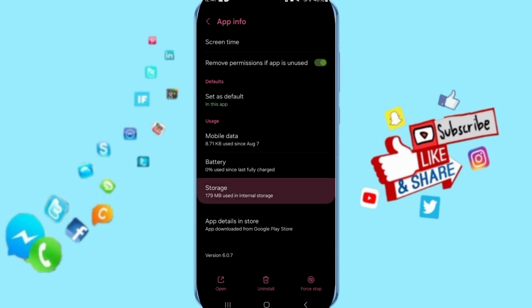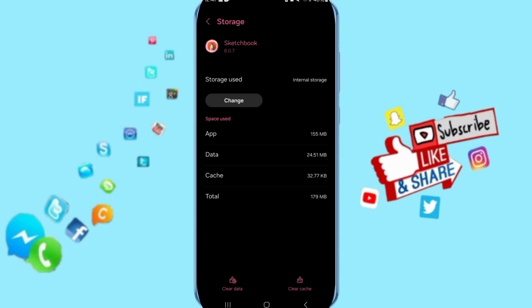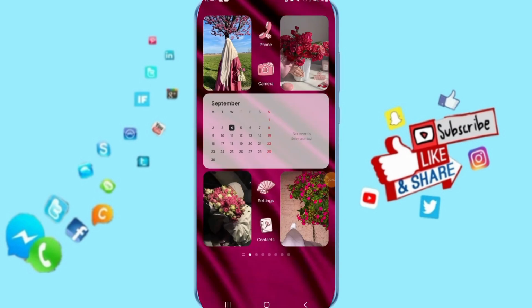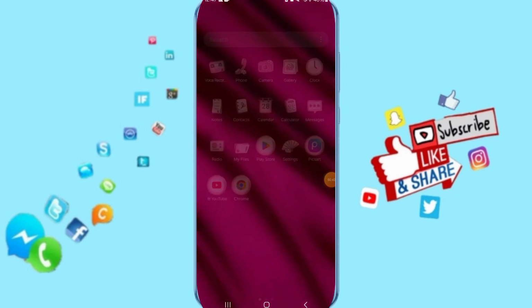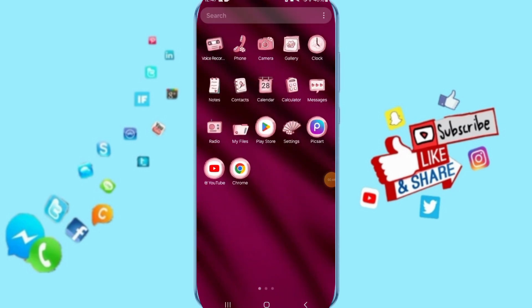After that you will enter to storage. Here you can click clear cache. In the end you can turn off your phone and you can turn on your phone again to fix that